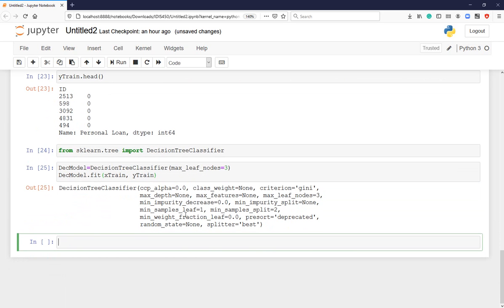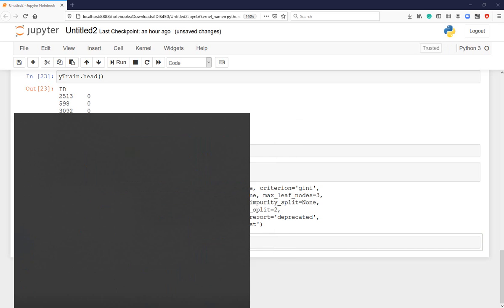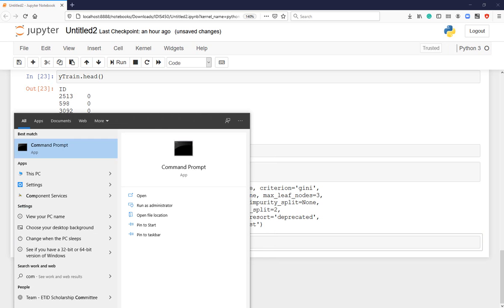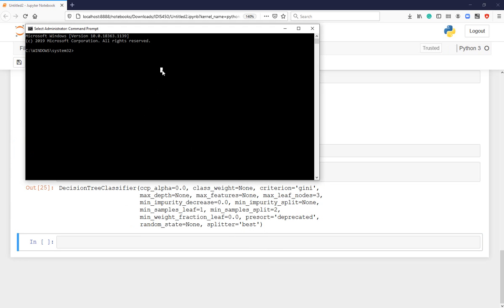We don't know how it looks. Perhaps visualization might be a good thing. And in order to visualize, we are going to use GraphViz, right? And again, in order to install the GraphViz, you are going to go to your command menu, command prompt, and right click to run as administrator to avoid a couple of issues. If you don't have the right, you can still install it, and then type conda install -c GraphViz,